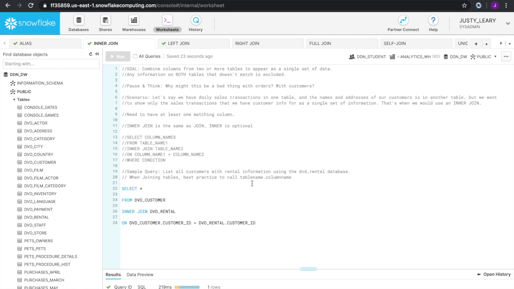So for an inner join, any information on both tables that doesn't match is excluded. So thinking about, let's say, orders and customers, why might that be a bad thing if we're trying to match orders to customers? Well, if we use an inner join on orders and customers, we're only going to get the transactions that have both orders and customers. We might not get all of our sales, and we might not get all of our